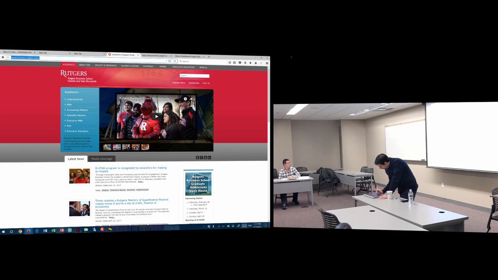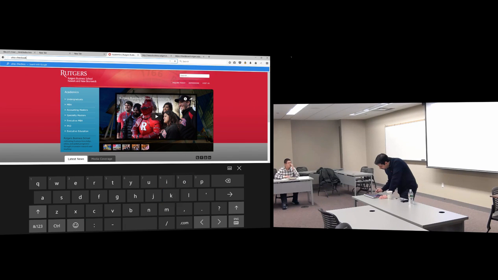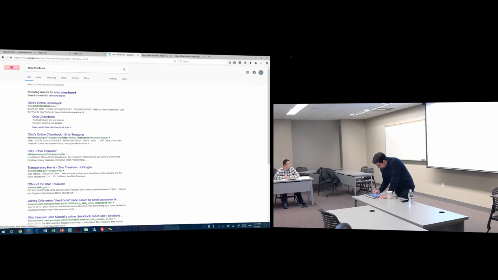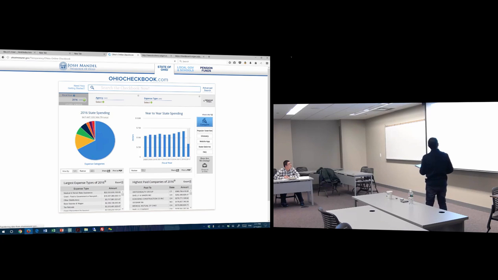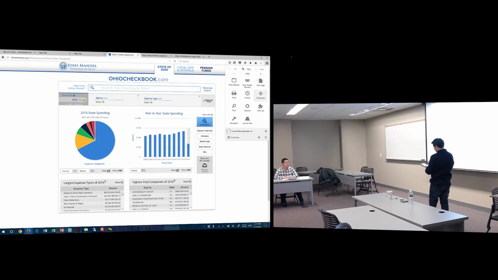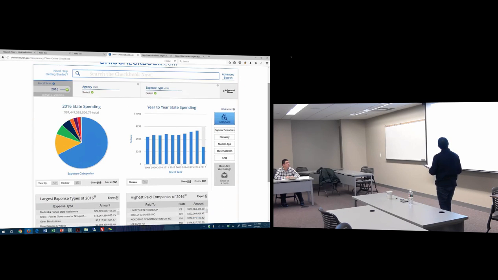So, if you type, for example, Ohio Checkbook, you end up with this. Those are the ones that are, so expense by category. You have here, for example, year-to-year spendings. Those are very basic analytics. This cannot help you if you're trying to replace the current vendor or if you're trying to get into the